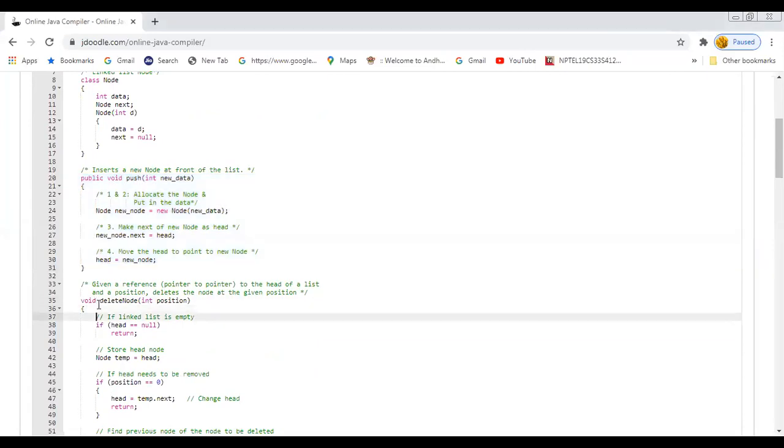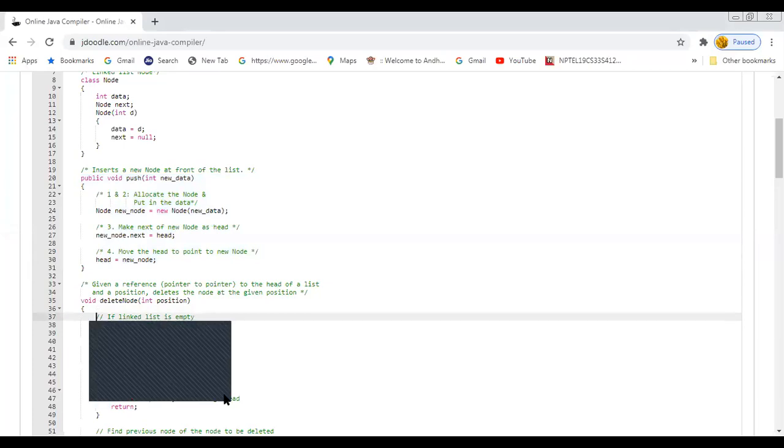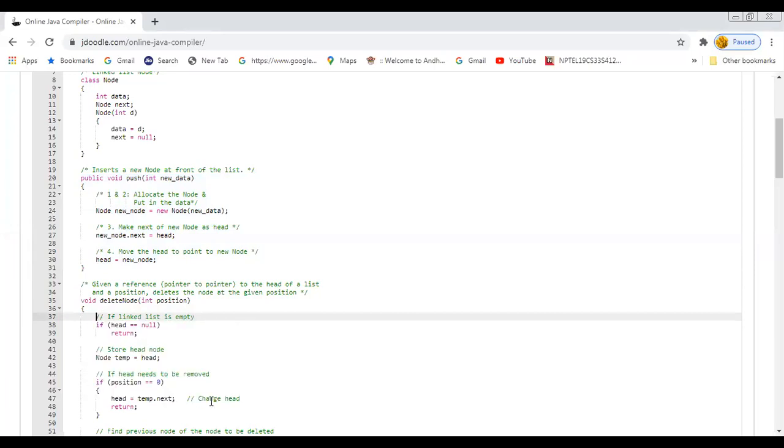Here our assumption is we have a linked list. Now we want to delete a node from the linked list. A node can be at the beginning, in the middle, or at the end of the linked list. You can delete at any of these three positions.